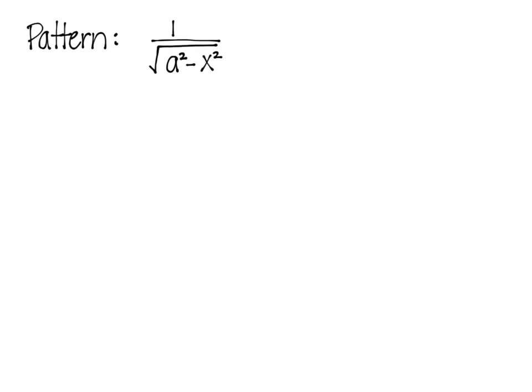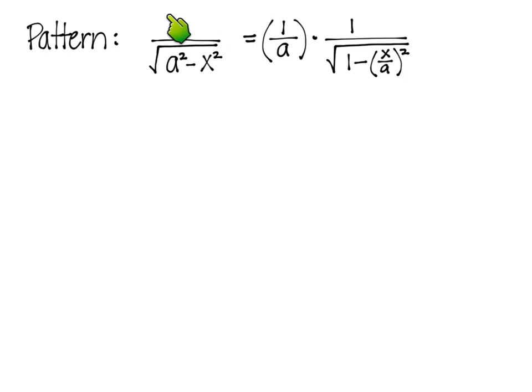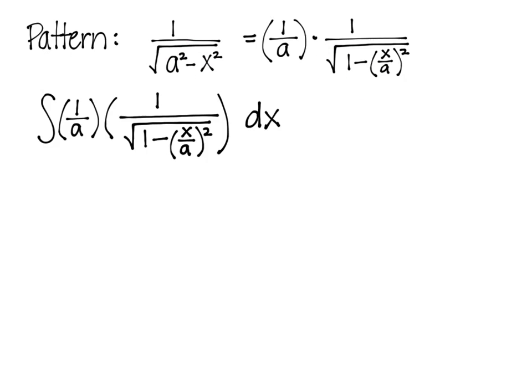And there was a pattern to what we were doing to this thing, and it was that I was able to write the first term as a perfect square and the second term under this radical as a perfect square. Then we would factor out that a squared, and we would end up with this. And so whenever I'm going to see something in this format, I can think that it would be written in this way. And if I was going to take the integral of this, it would be the same as taking the integral of its